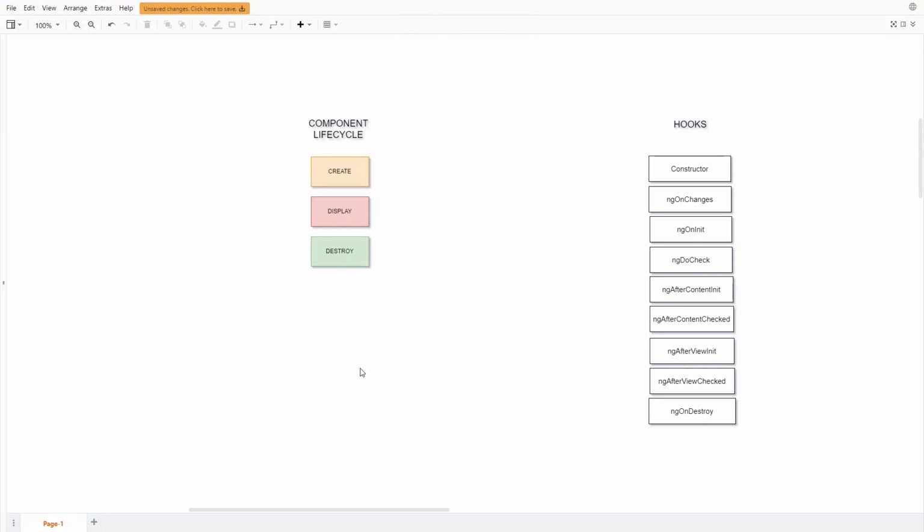Hello folks, in this video we will learn about component lifecycle. Now when Angular renders a component, there are several things that happen in the background. There are three main steps that Angular takes whenever it loads up a component, and those are that it creates